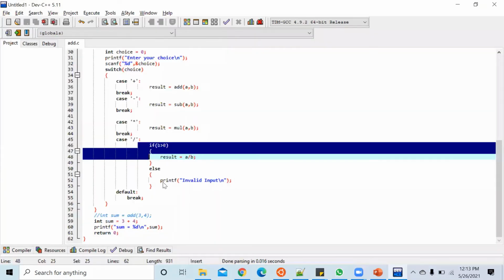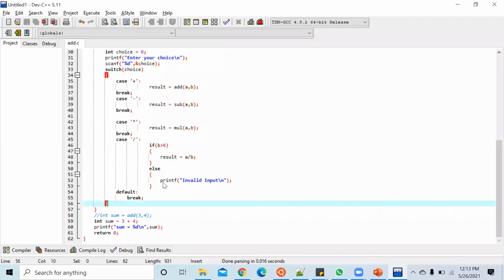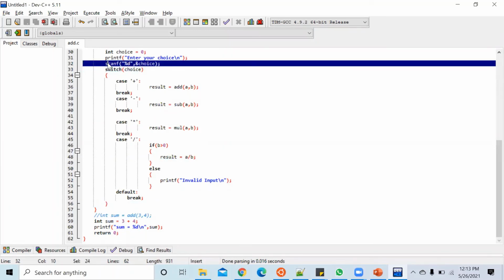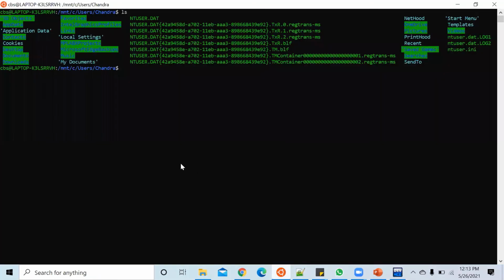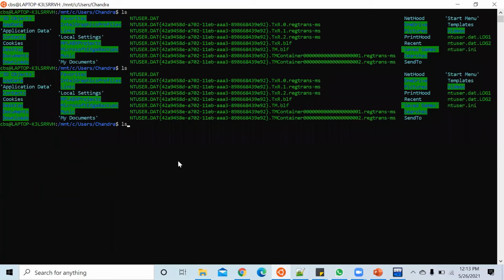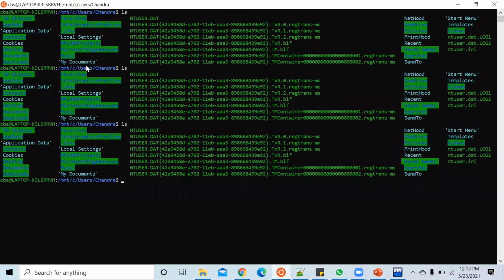One is printf, which will print the value to the console, and scanf, which will take the value from the console. You know what is console, right? Console means command line, the place where we type the commands. This is called as a console. Okay, this is command.